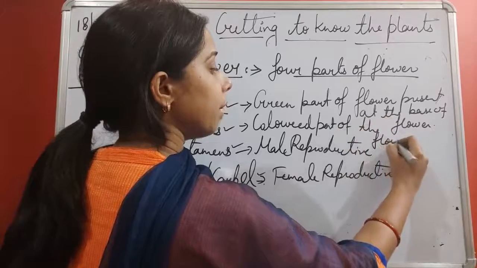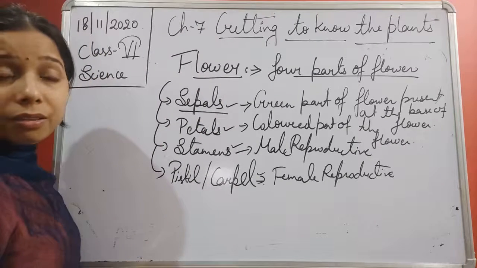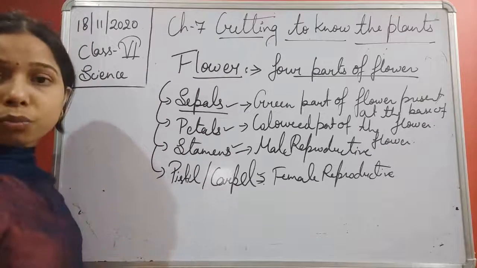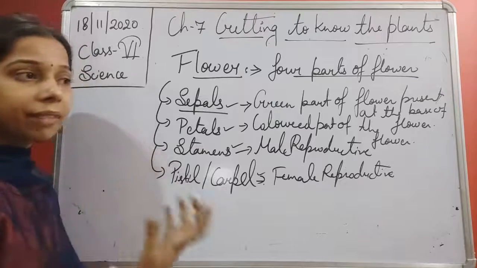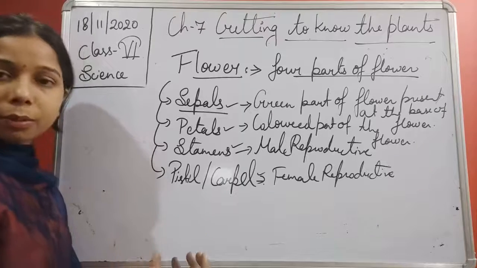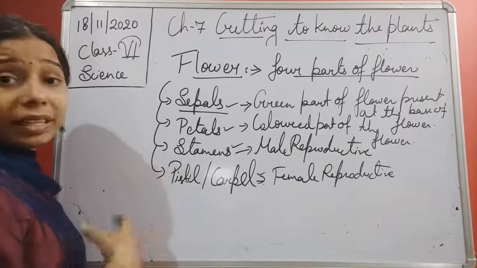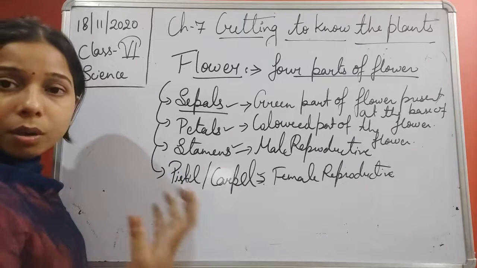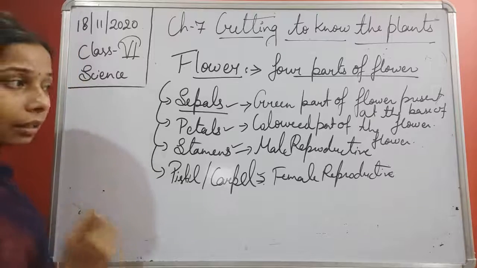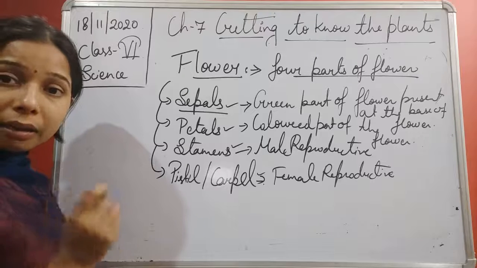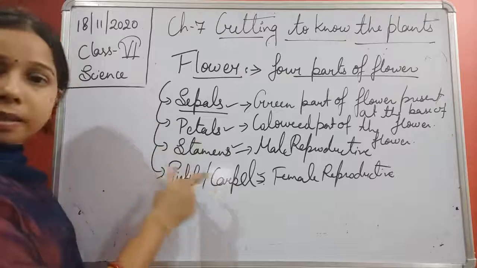So you see, students, whenever you look at the plant, the first thing that you get attracted towards is that colored portion of the flower. Okay, it is the flower. We used to say that we like flowers. It is of a different color, and it is very attractive to our eyes because of its color and fragrance. So we can say that this colored portion of the flower is known as the petals.